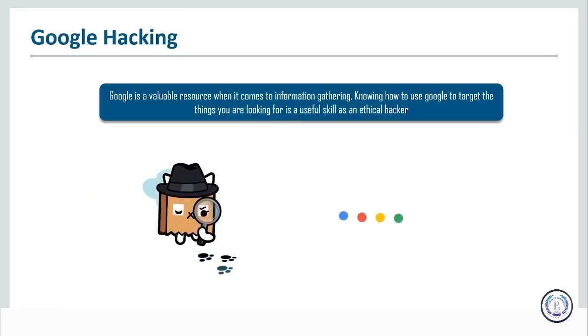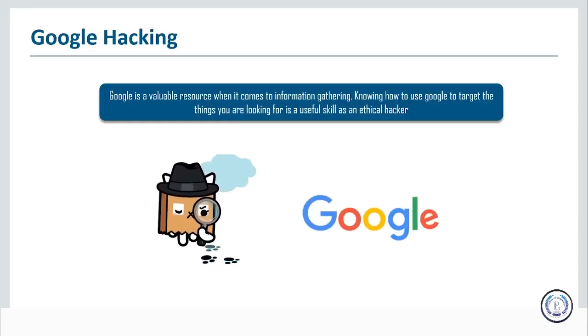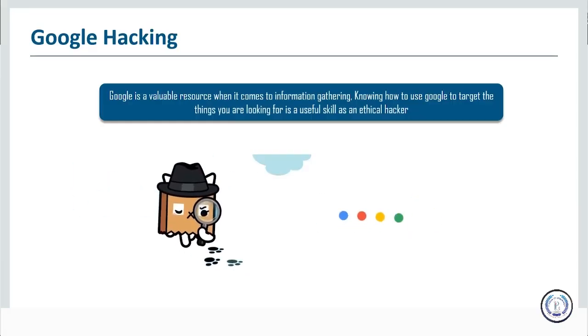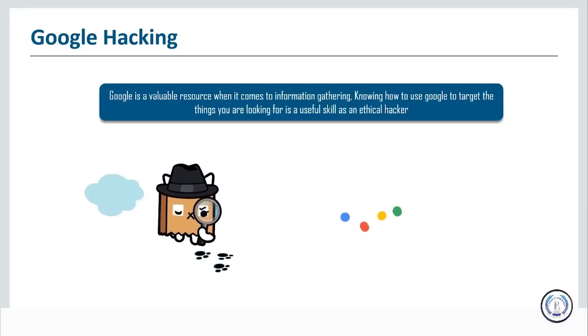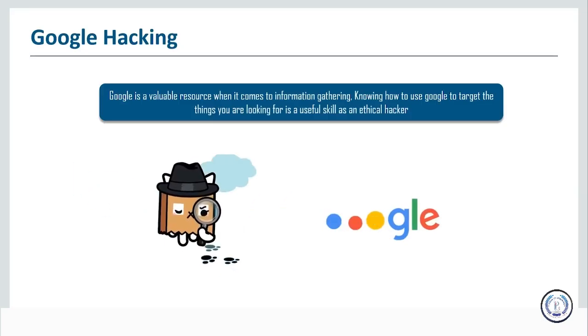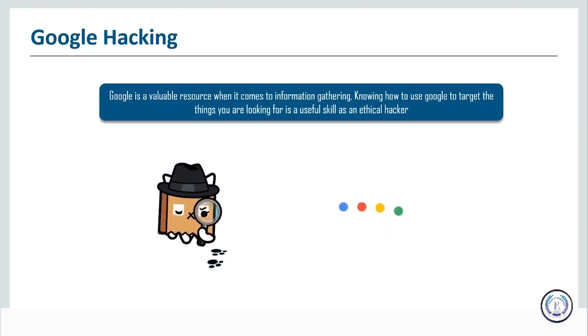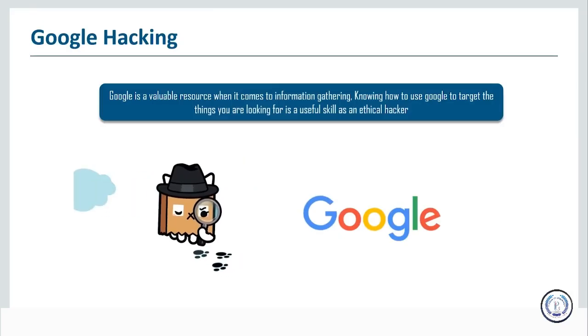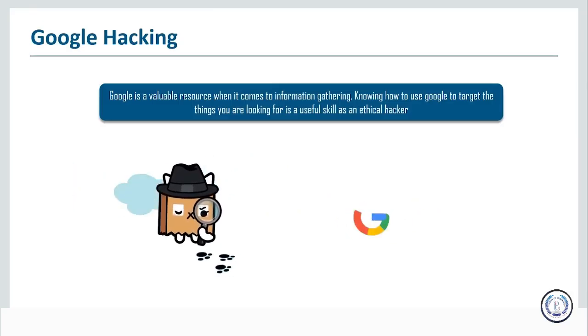So first of all, let's open a tab of Google. Let's go to google.com. Okay, so now we're going to be talking about how we can use Google to actually gain some information or some targeted information. So this is in general called Google hacking. Now, when I say Google hacking, I'm not meaning breaking into Google to steal information. I'm talking about making use of specific keywords that Google uses to get the most out of the queries that you submit.